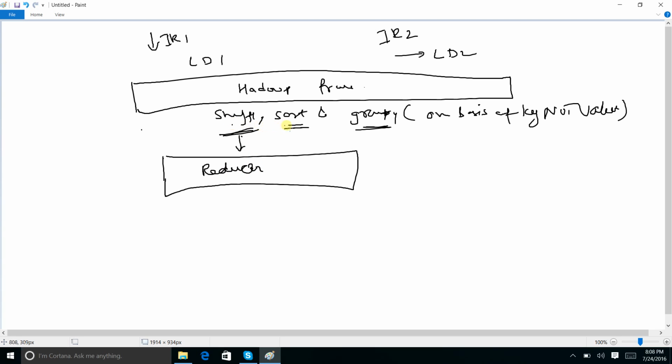After sorting, shuffling and grouping, the data will be passed to the reducer, and the number of reducers is configurable. For now I assumed that for my job I have the number of reducers equal to 1. And the reducer is a very costly affair. Why? Because